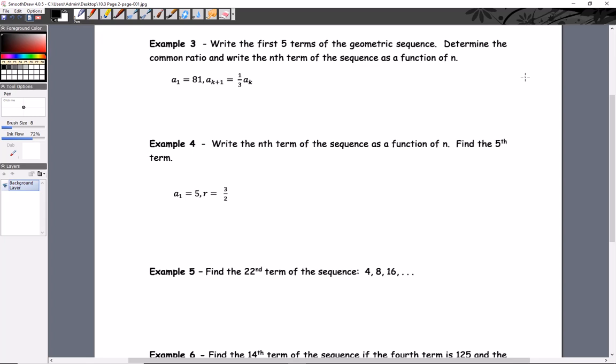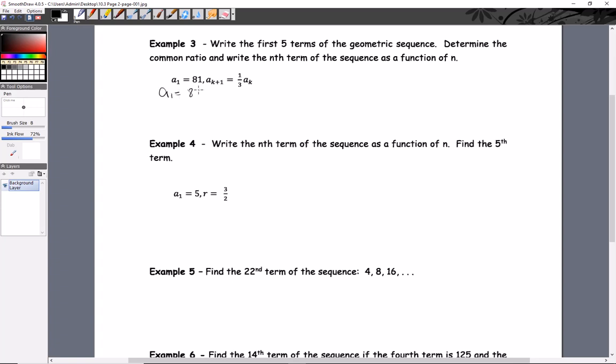The first example is going to kind of bring back this idea of recursive. We're supposed to find the first 5 terms of the geometric sequence, determine the common ratio, and write the nth term of the sequence as a function of n. In other words, write the rule for it. And so looking at this, here is your first term, and it defines the next term based on that first term. So a sub k plus 1, the one that comes after, is 1/3 the one that comes before. So writing this out, we do have a1